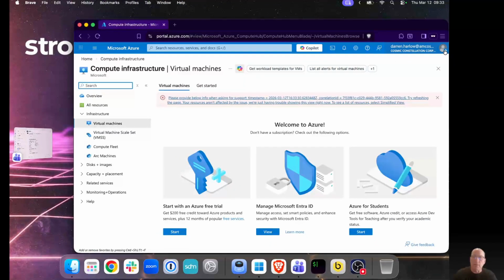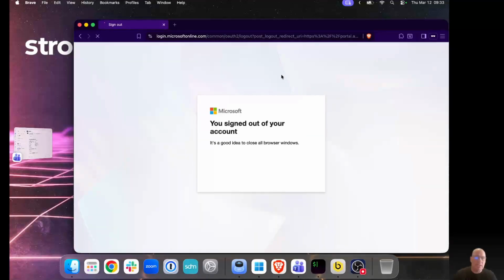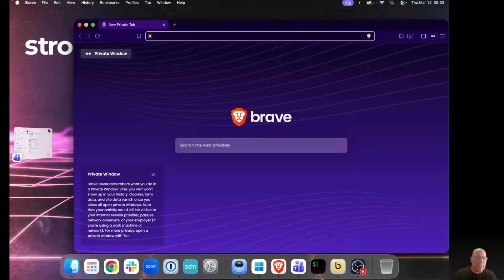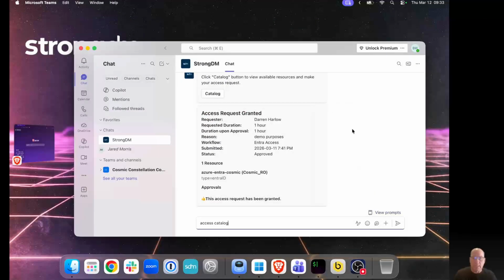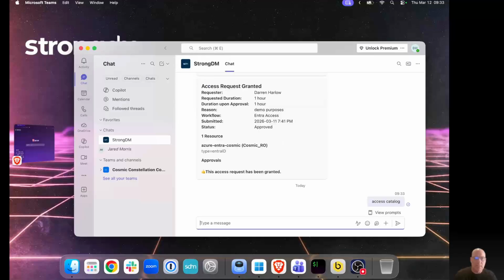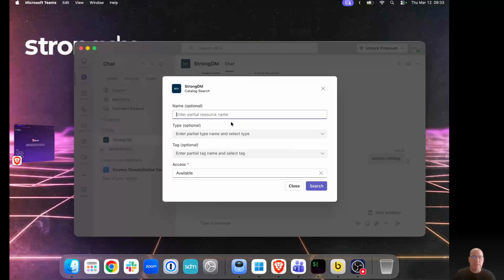I'm going to log out and go do a just-in-time request through Teams, get the access, and then we'll come back in and you'll see that that access is there for me. So we'll do a view prompts, access catalog, enter, click catalog, type in Azure for the search,